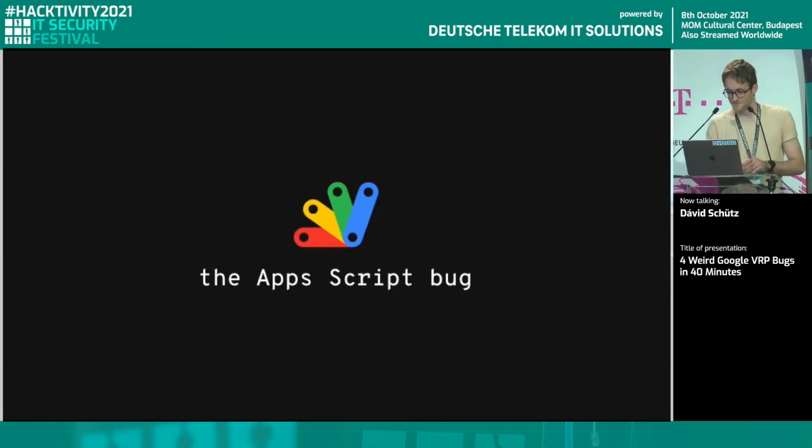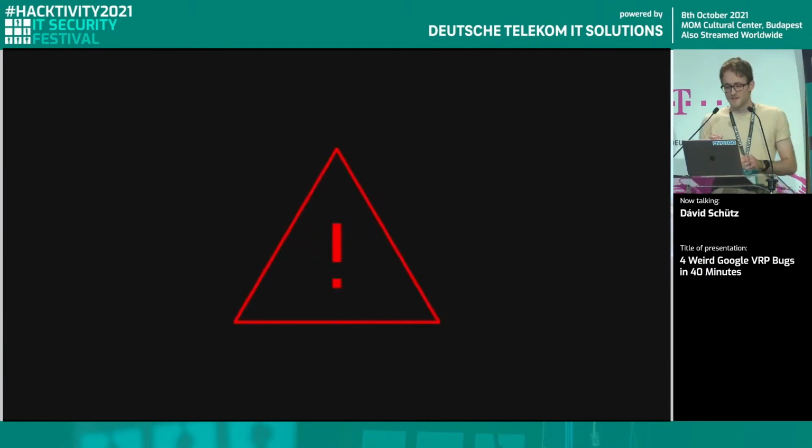A warning and a disclaimer here: at the time of making these slides, this bug was still, unfortunately, live. I have talked with and warned the Google VRP team about my planned disclosure when creating the slides. Last week, though, a patch rolled out and fixed this issue almost completely. There is still one specific edge case which can be used to bypass the fix, but thankfully it's mostly fixed now. The reason why I'm bringing this up is that I reported this issue 1.5 years ago in February